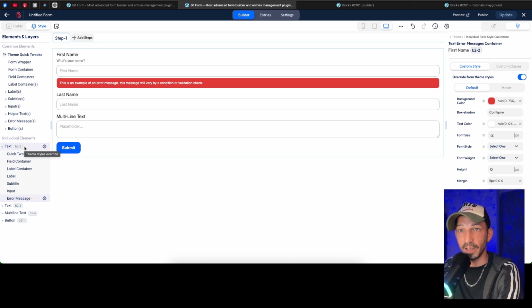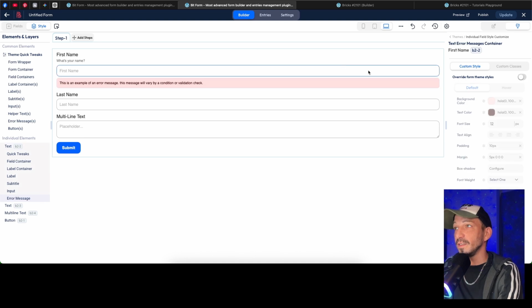So if one day you're lost and you don't know where this change is coming from, just come here and check if you have this little dot that will show you if yes or no you have some styling on this element specifically. We're going to disable that for now, and we are going to take a look at the